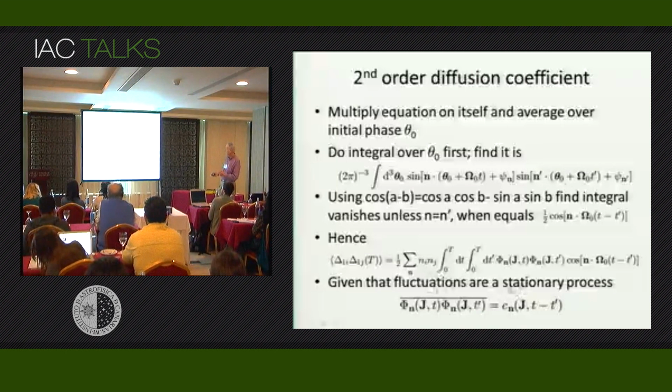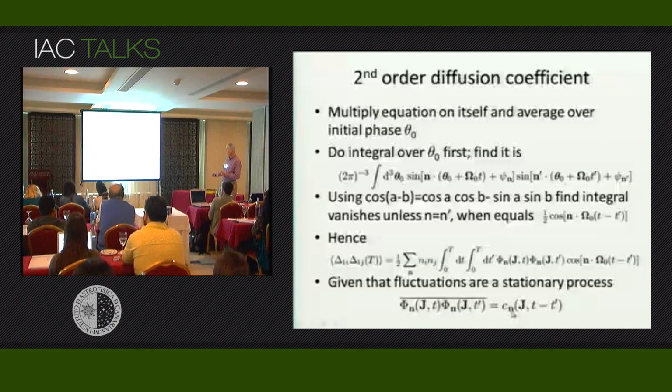So the general assumption in situations like this in statistical physics is we say that because it's a stationary process, the random fluctuations will be the same tomorrow as they were yesterday, etc., that the expectation value of this product, where this overline means I'm going to take the ensemble average of this product, depends only on the difference of t minus t prime. So this symbol Cn is, by definition, this ensemble average of these two things, and the only thing we're putting in is the physical information that it should depend only on the difference in time over here, not on the individual times.